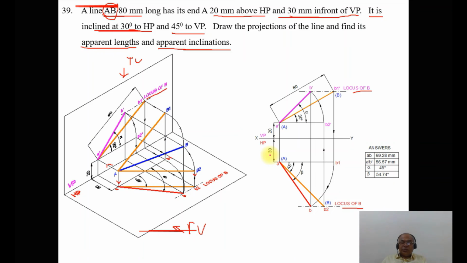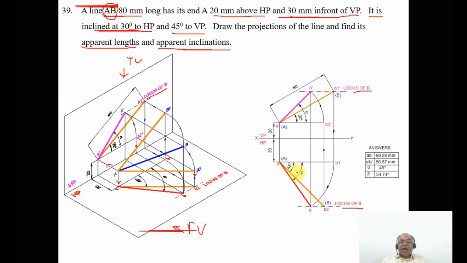And similarly, what you should do now, I want to find out the front view. To find out the front view, I should take the true length in the top view. So which is the line which is the true length in the top view? You have the line capital A and capital B, which is nothing but small a b2, which is already given